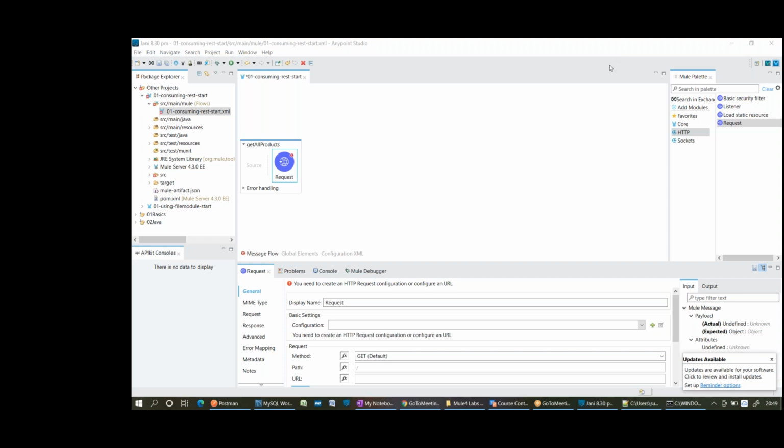What is a module then? HTTP is a module, right? And what are the connectors provided under HTTP? For example, listener is a connector, request is a connector, right?